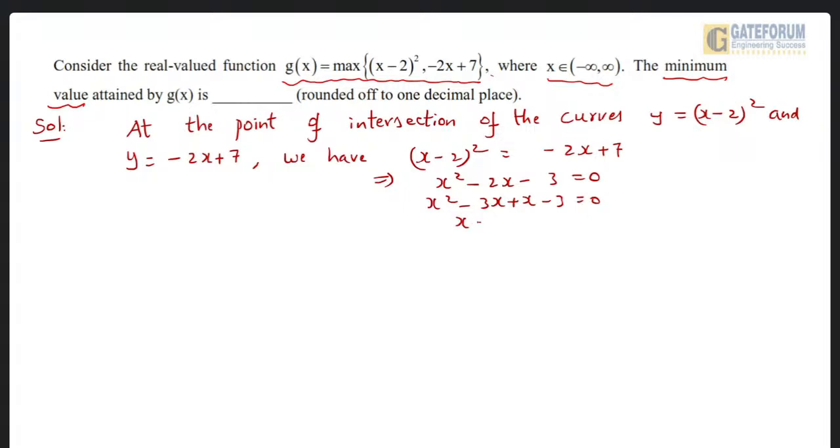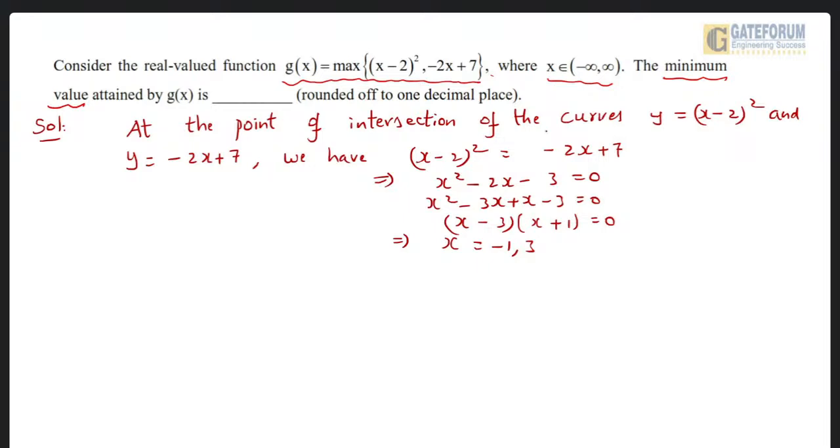So (x minus 3) into (x plus 1) is factorizable. From this, x is equal to minus 1 comma 3. So we have to find the corresponding y values, or without finding the corresponding y values, because it is a one variable function. So now,